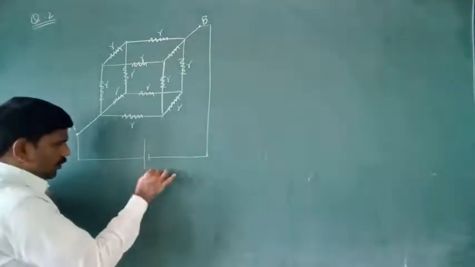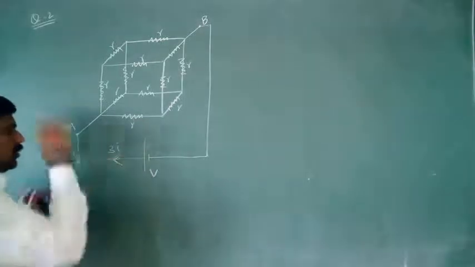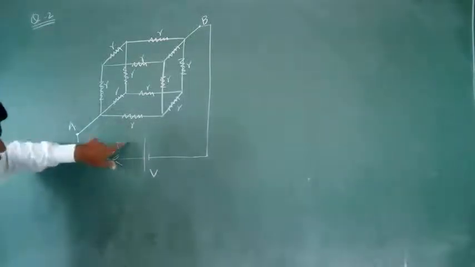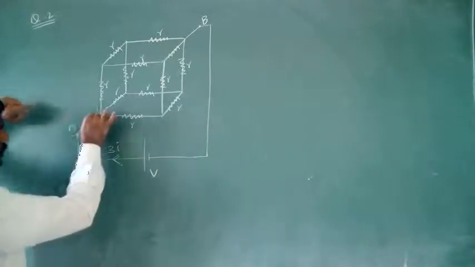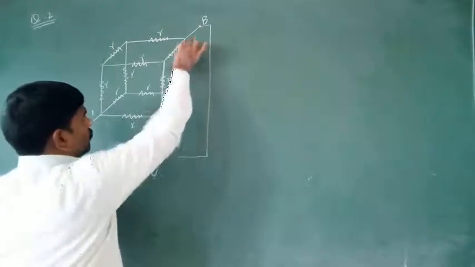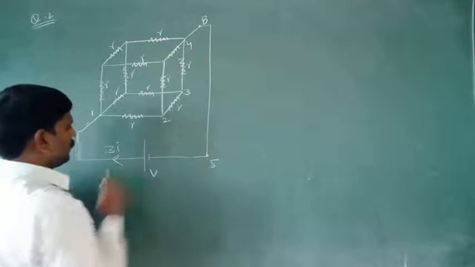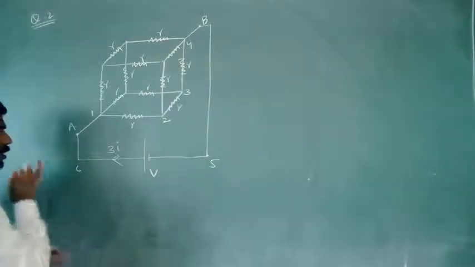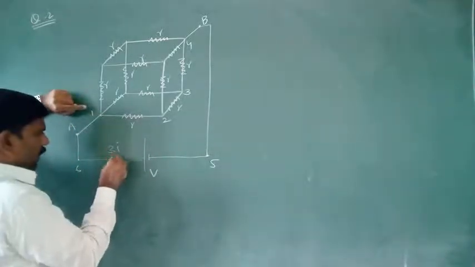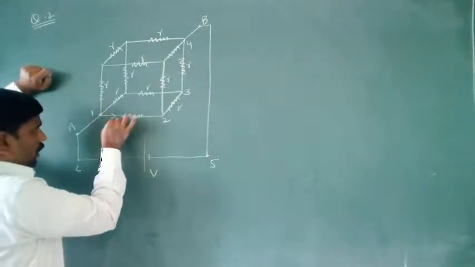So the voltage is equal to V volts. 3I amperes current is passing through, starting from the positive terminal of the battery. I am taking the junctions as 1, 2, 3, 4, this is 5, and this one is 6. So when this 3I current approaches junction 1,